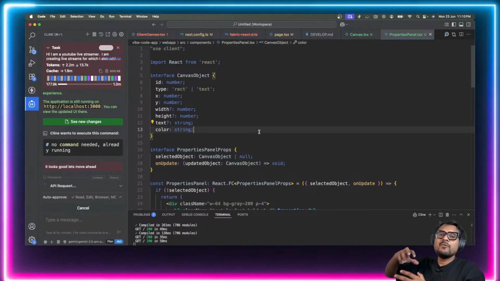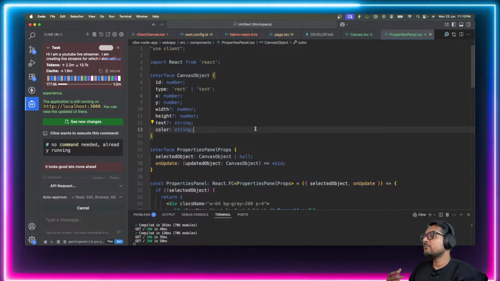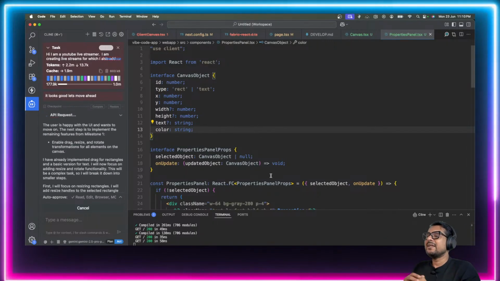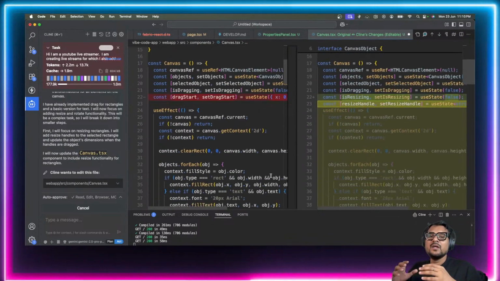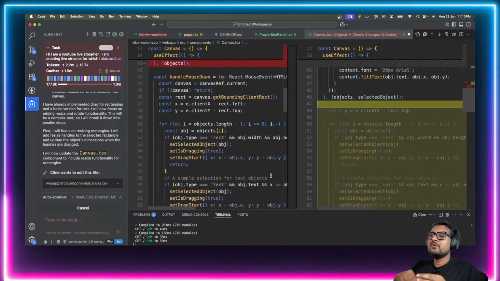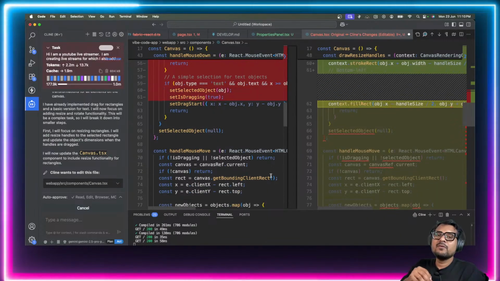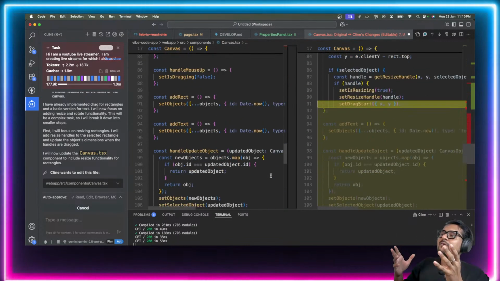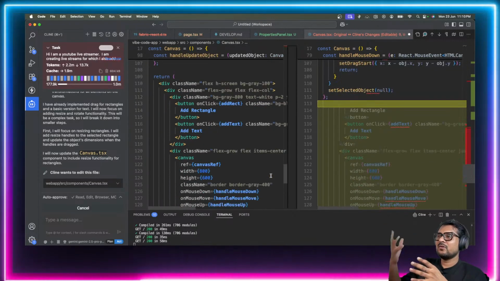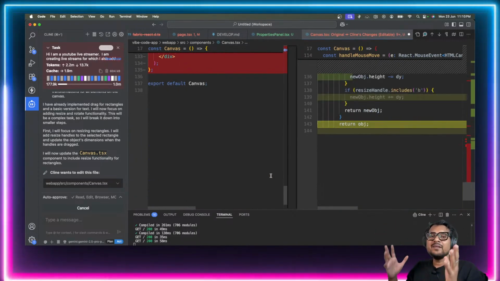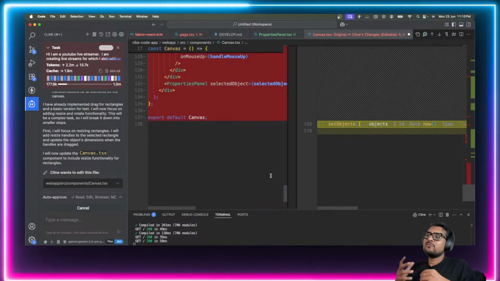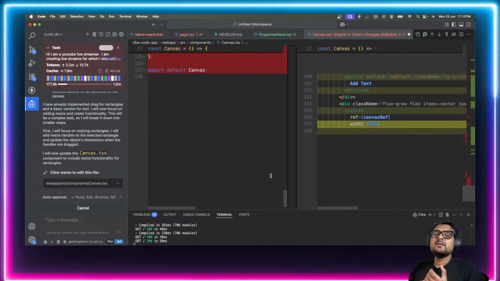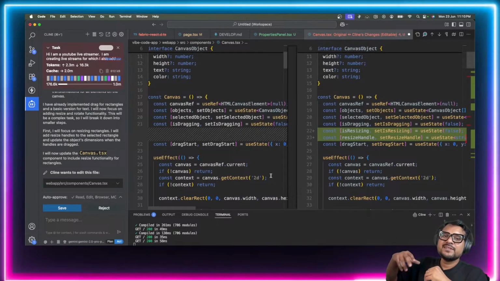So see the kind of language I'm using here, the kind of things that I'm telling. It's like you're talking to a junior, you are like a manager, or you're like a boss, and you are instructing someone: do this for me. Okay, yeah, it looks good, go ahead. No, it's not looking good, make this change. So that is the kind of shift which is happening with the advent of these AIs,